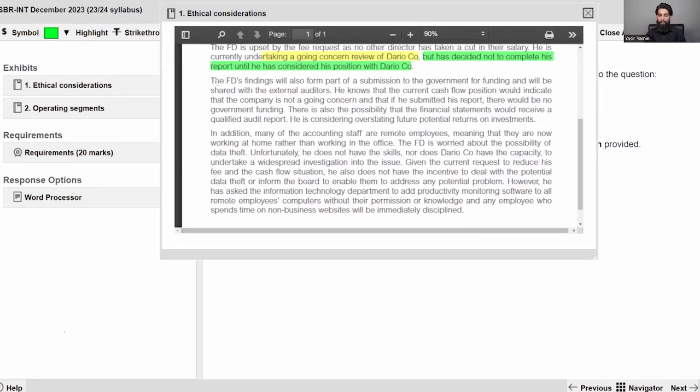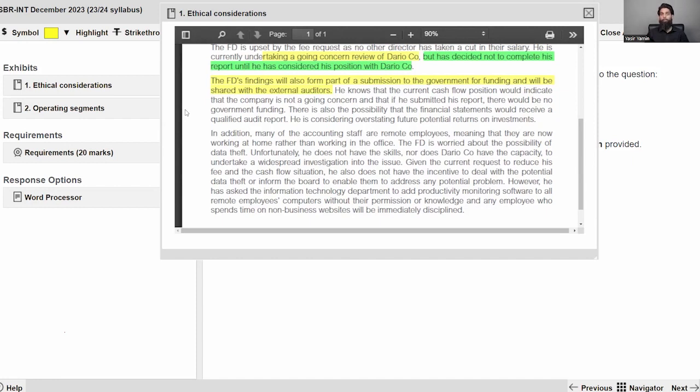Then the finance director's findings will also form part of a submission to the government for funding and will be shared with the external auditors. So basically, why is he performing the going concern review? Because that going concern review report will be shared with the external auditors, because based on that, they will be preparing their audit report, and they will be considering this going concern review status as well. Furthermore, the going concern review report will be provided to the government because the government might be funding you. So,